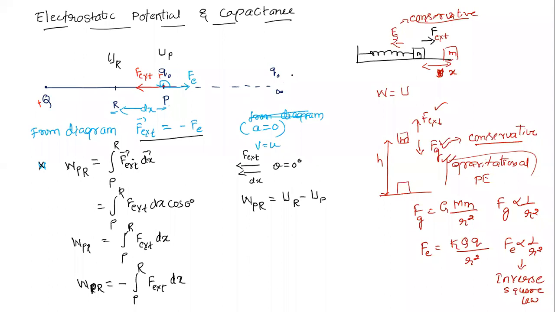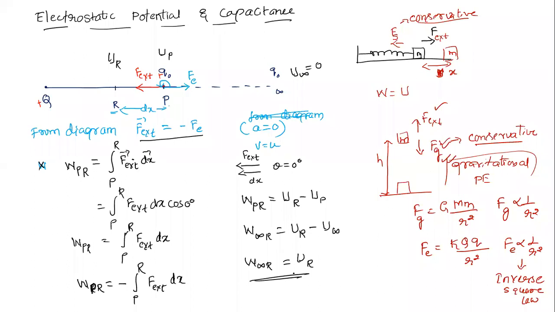For example, we are going to take potential energy at infinity, how much now? 0. Means we are thinking that we have not done any work there. We take 0 potential energy. In that case, what will happen here? The work done to move a charge from infinity to point R is equal to potential at R minus potential at infinity. Potential at infinity is what now? 0. So it will become just UR. That is the work done to move from infinity to R. So this concept of potential energy is clear.